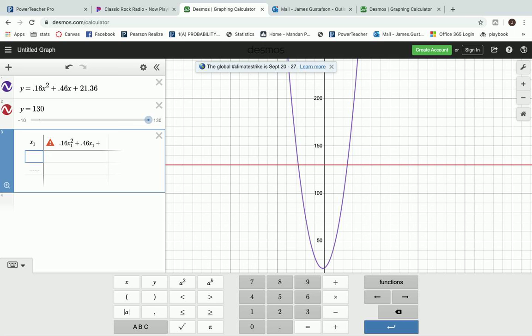So what if I plugged in a 24 here? Is that 130? How about 25? Now our average TV amount is over that 130 measured. Look at where the point's at. So it doesn't get above that at 24. It does after 25 years. So I would say 25 years after 1985, which would be 2010,